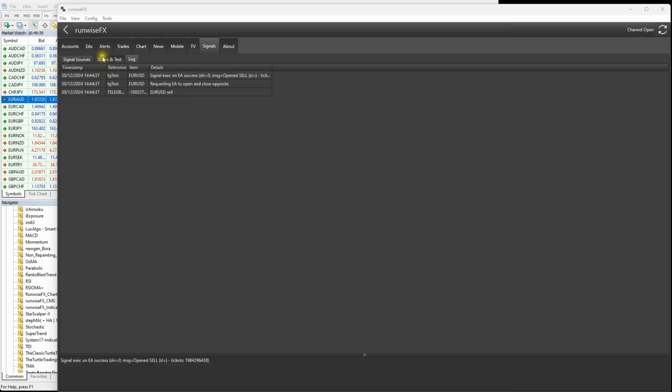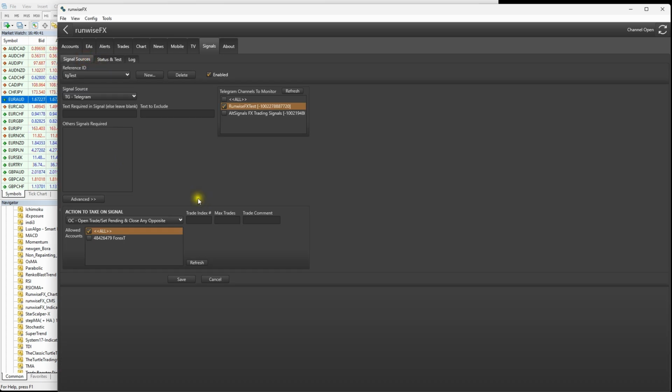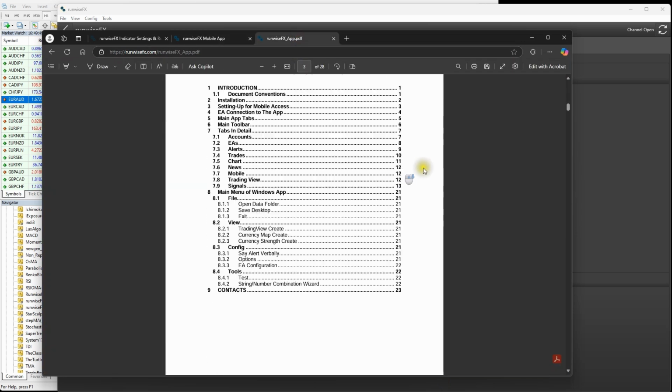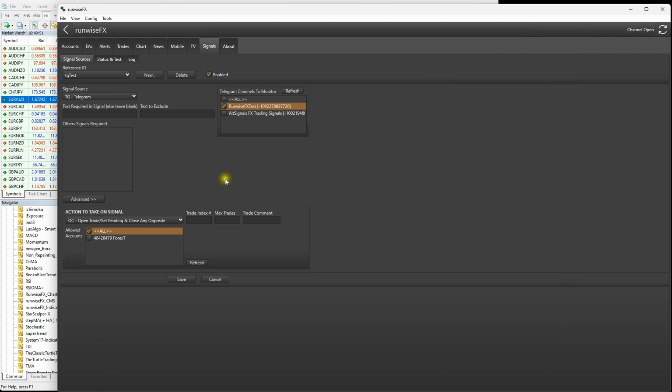Okay, so let's go through some of the other settings. Now they are detailed in our manual, so on that web page there is a manual down here that goes through everything more formally, but we'll talk about it in the video as well. So what you can put in is some text to look out for in the signal, because obviously you might be wanting to